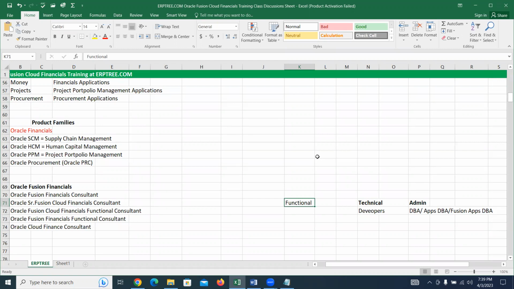That's all. But these business applications are not as simple as Facebook, WhatsApp, and all. If you talk about financials, in every company there will be different departments related to financials: payables department, receivables department, asset department, cash department. Based on their business process and industry, they'll do different activities.